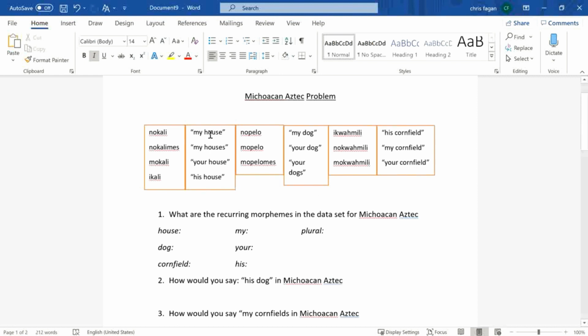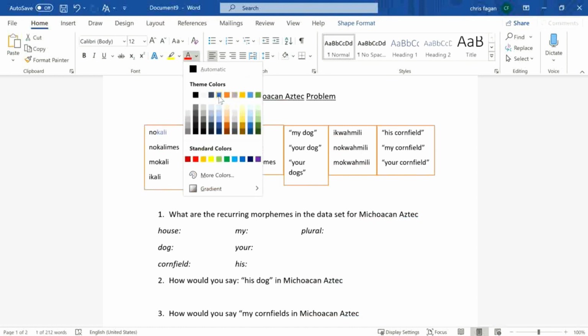So I see no kali, meaning my house. Looking for houses again. See no kali mes. Your house. I see mo kali, so it's a little bit different, but I see that form repeat again. And his house, i kali. So I see that form, and let's highlight that there. So kali,